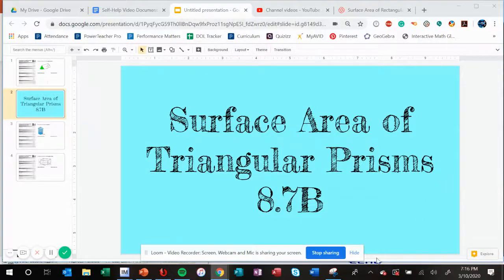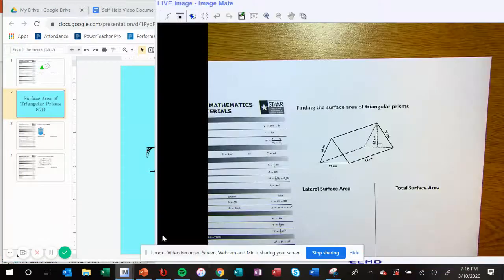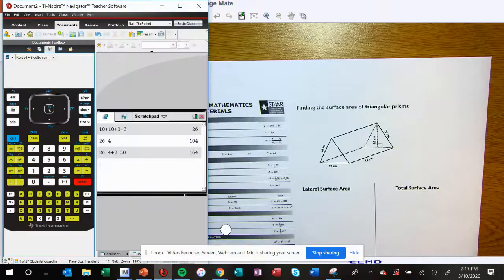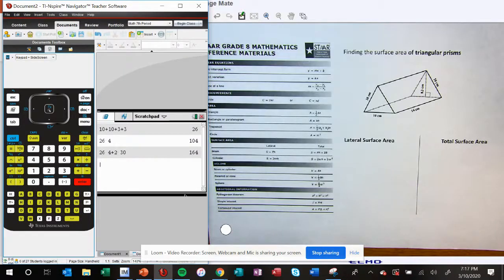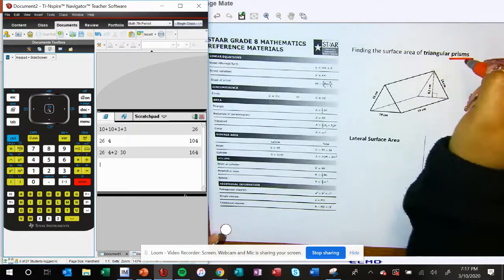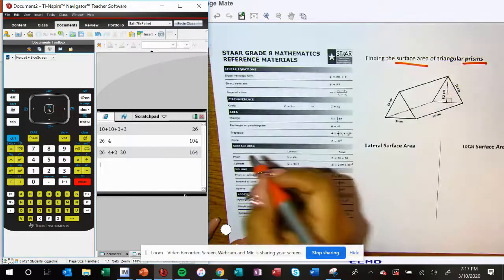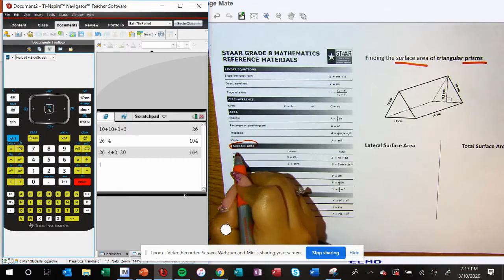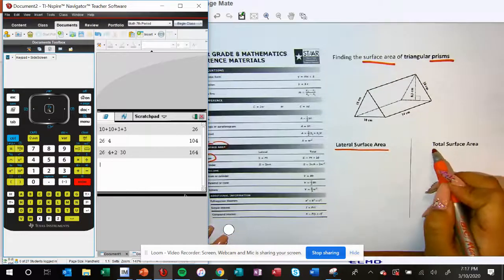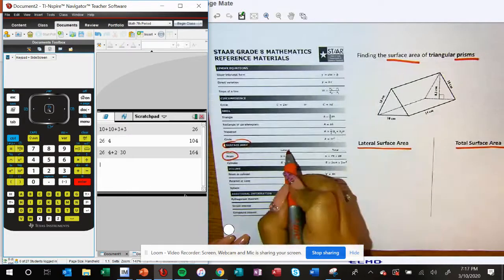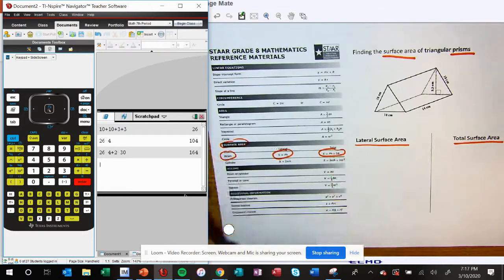Okay, so in this video, I'm going to be showing you how to find the surface area of triangular prisms, 8.7b. Same way like we were doing the one for rectangular prisms, I'm looking for prisms and I'm finding the surface area. So I'm going to look for surface area, going to use prisms, and I'm looking for the lateral, and I'm looking for the total. So I'm going to be using these two formulas here,